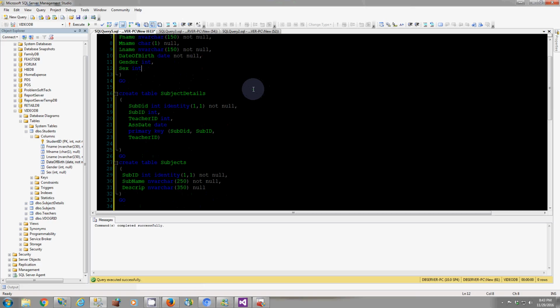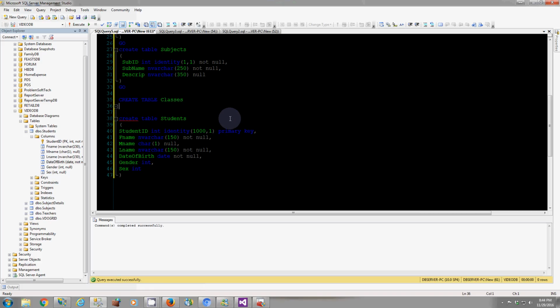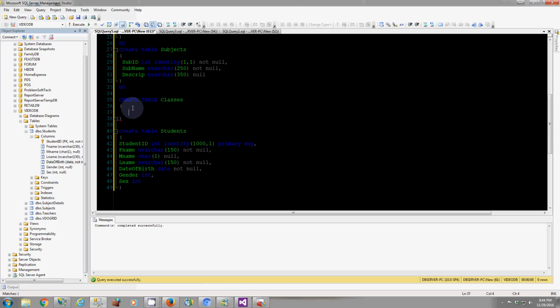Or a better example would be, okay, I'm gonna use the student and teacher to be a many to many example, and I'm gonna create another example as a one to many. All right, so let's create a class table, classes, and in that class we're gonna have a class ID,